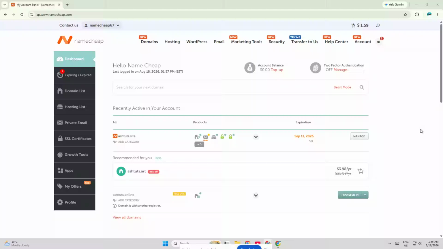In this video, I'm going to show you how to use Let's Encrypt free SSL on Namecheap shared hosting. Step by step, so you can secure your website without paying extra for a certificate. This is a simple process, and if your domain is eligible, Namecheap can automatically install the free SSL for you